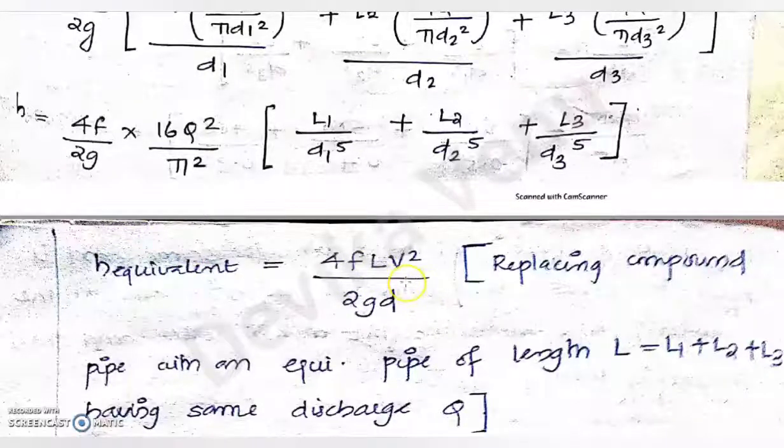Suppose you are considering a pipe of length capital L and diameter small d. This is the major loss for that H equivalent. And again, I am taking